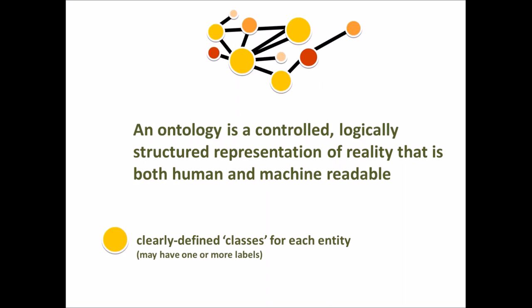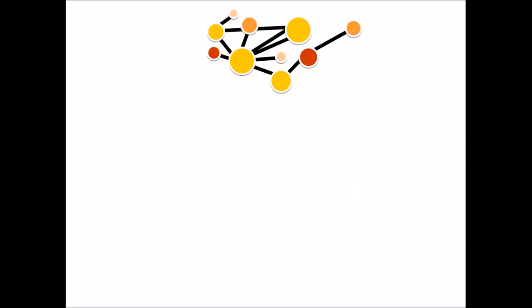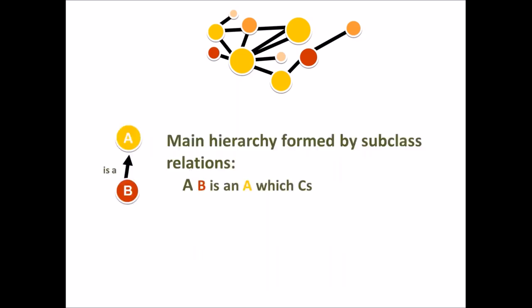And it may have one or more labels. I may call it a forest, I may call it a woodland, but the important thing is its relations to other things that will actually define it more than simply the word used. The relationships between the classes, the things that link one entity to another, are also defined. They're not unstructured. They have definitions. They are also predictable. So we'll go into an example to help understanding.